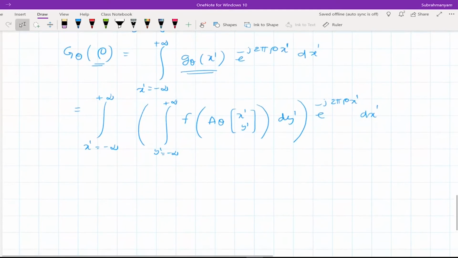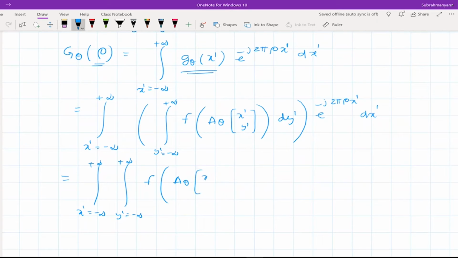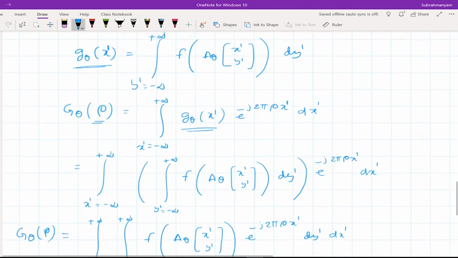Okay, so let me now take that out. My x prime is varying from minus infinity to plus infinity. Y prime is varying from minus infinity to plus infinity. F of a theta of x prime y prime, into e power minus j times 2 pi rho x dash, into dy dash, or dy prime, whatever you call it. Okay, this is what we have. Then what do you think we should do now, such that g theta of rho, somehow